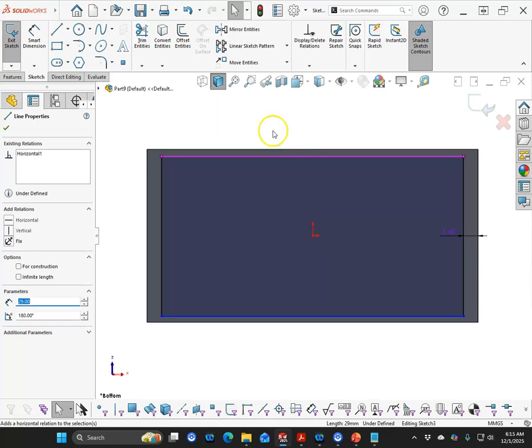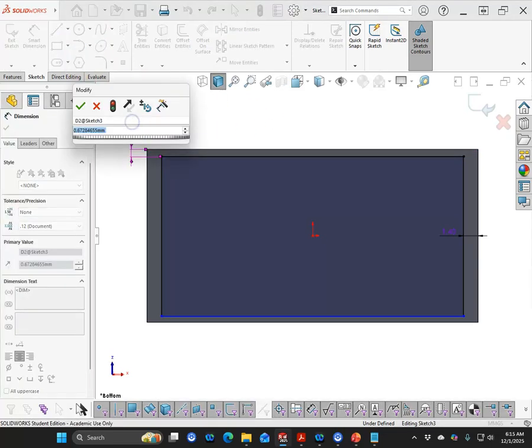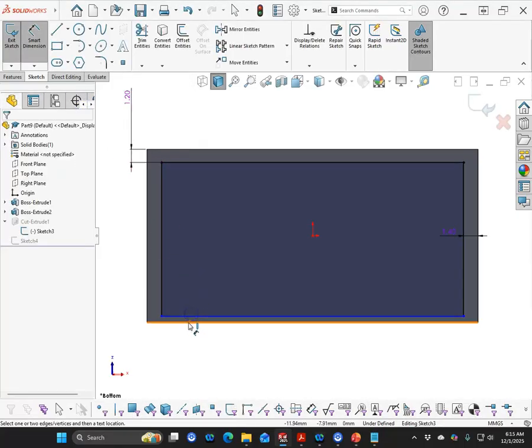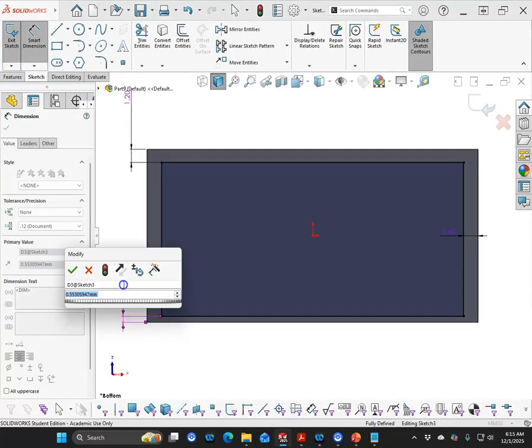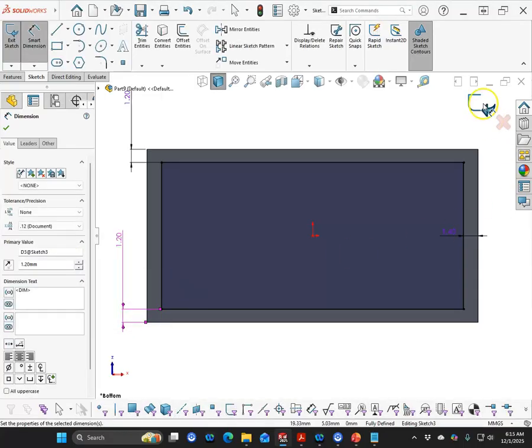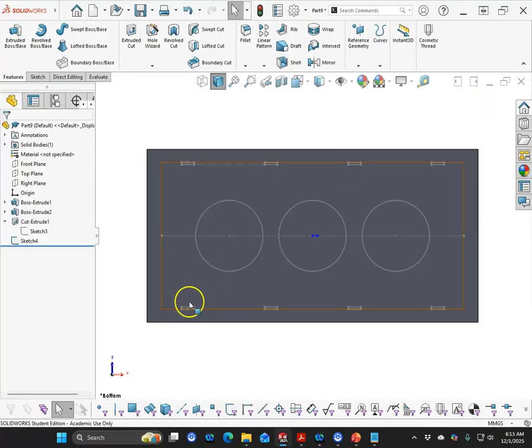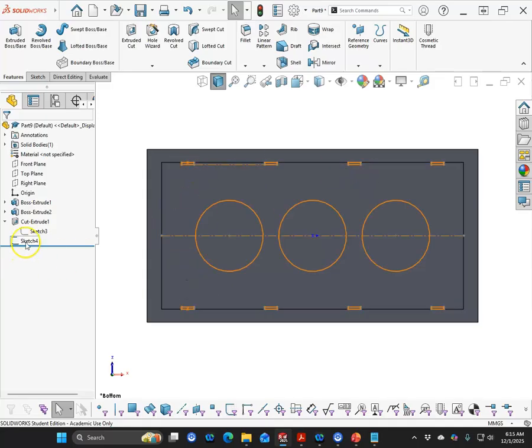So offset was quick, but it didn't really fit. So rather than starting over, we'll just make the correction. So get my numbers in. 1.2 and 1.2. All right, and because none of that geometry was removed, all of the relations in Sketch 4